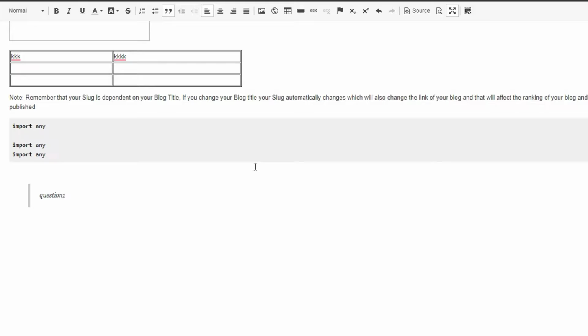You can type question 1, then enter. Then you can type question 2. Like same, you can type anything. You can give the answer. You can type any question, like let's suppose anything from here to make it like your question. You can make it bold also by pressing Ctrl B, or you can use that. So this is the option of quote.